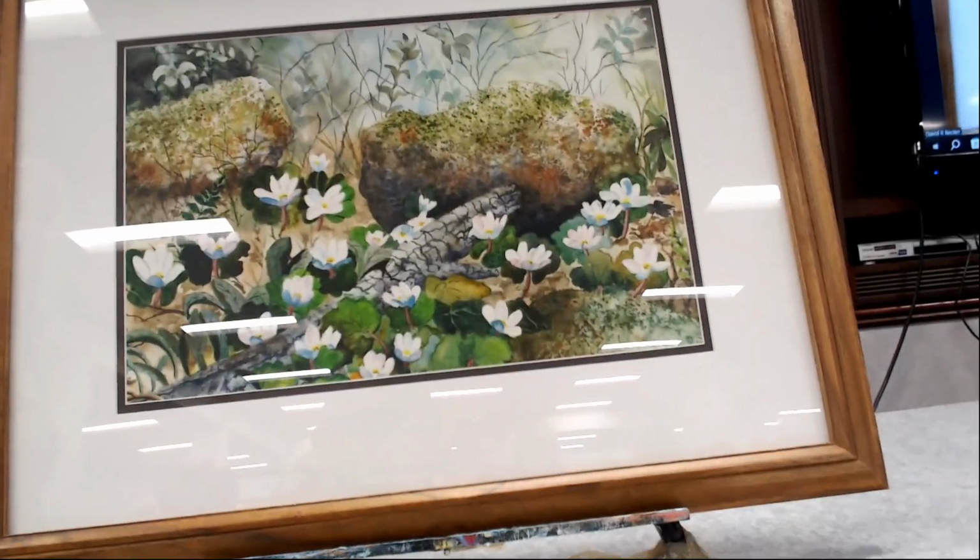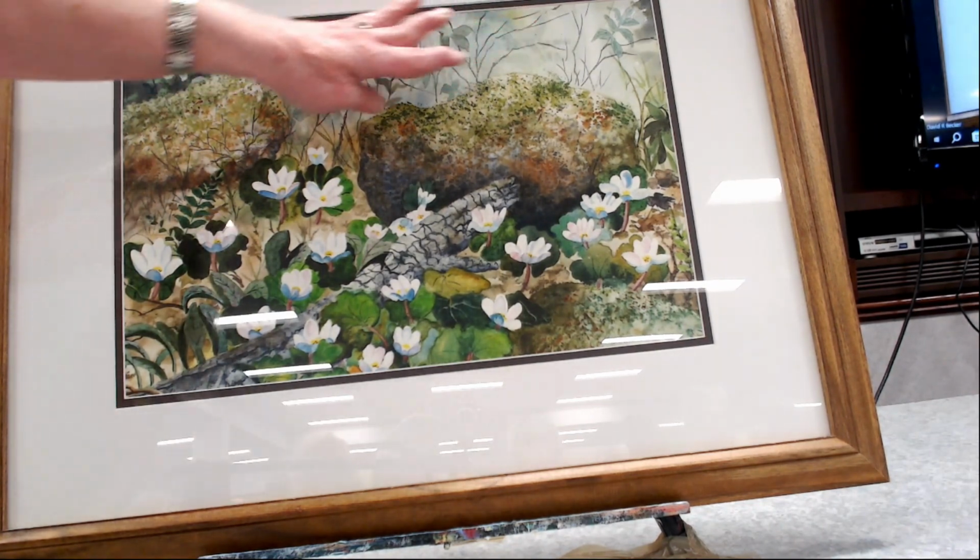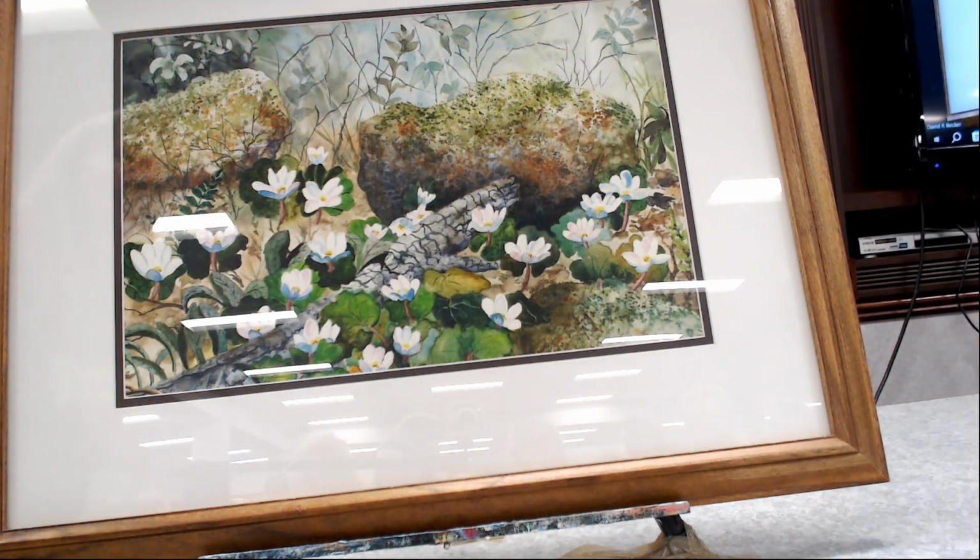These rocks, the ground, the little back. This is just beautiful. This background of light coming through, the delicate handling of bringing up those leaves in the distance. And these big old rocks feel good. So I think the thing in this piece that